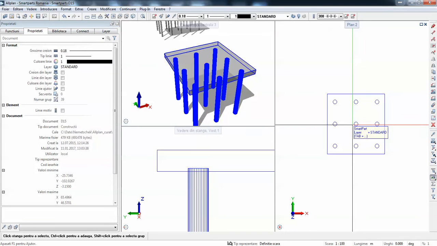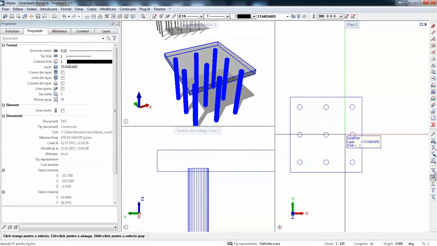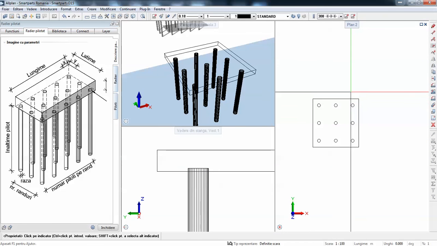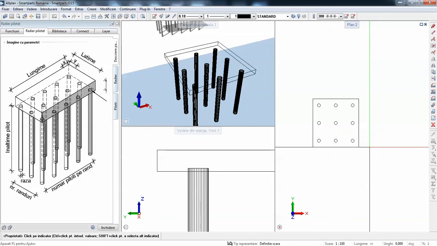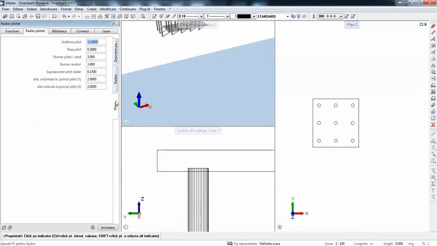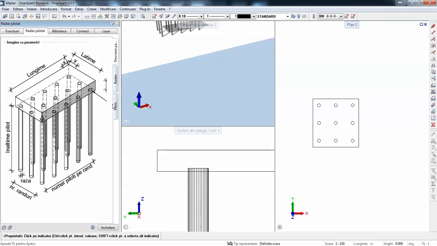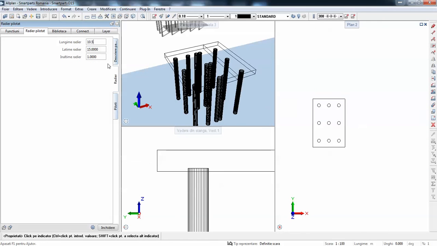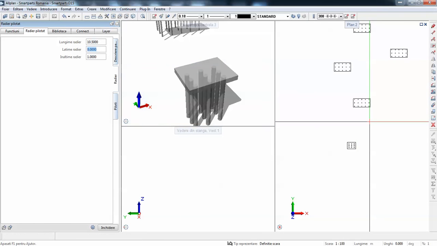So it may be nice, it looks like a toy, but I cannot use it for a bridge, for instance, because for a bridge you cannot always have rectangle shape. So it's somehow limited, and also I didn't place handles. I have another more complex smart part I'm going to show you, where I also place some handles. So this one doesn't have handles. I can only input from here the dimensions.